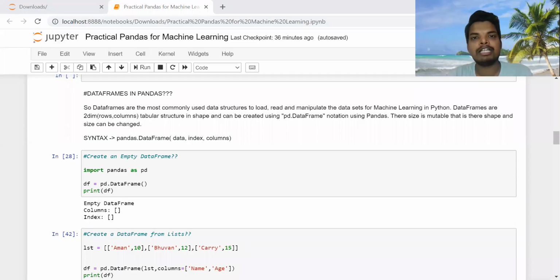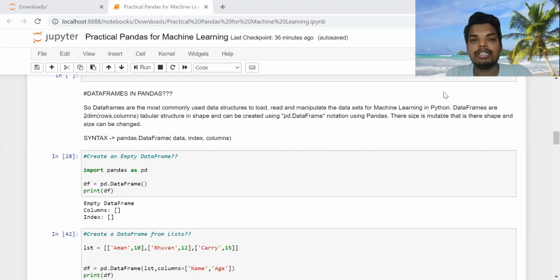So hi all, welcome to the part 2 series for pandas, and today I'll be discussing the second data type, that is data frames in pandas. This is really the most commonly used data structure in pandas. Whenever we load our pandas library in Python, we mostly load the data set using data frames, since it gives very fast and easy access.